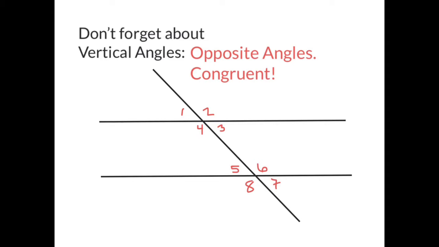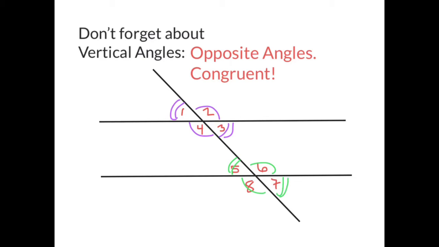I'm going to go ahead and once again use the arches and some color to label which ones in this diagram are actually congruent. So angle 2 and angle 4 are congruent to each other, and angle 1 and angle 3 are congruent to each other. Skipping down to angles 5 through 8, angle 6 and angle 8 are congruent, and angle 5 and